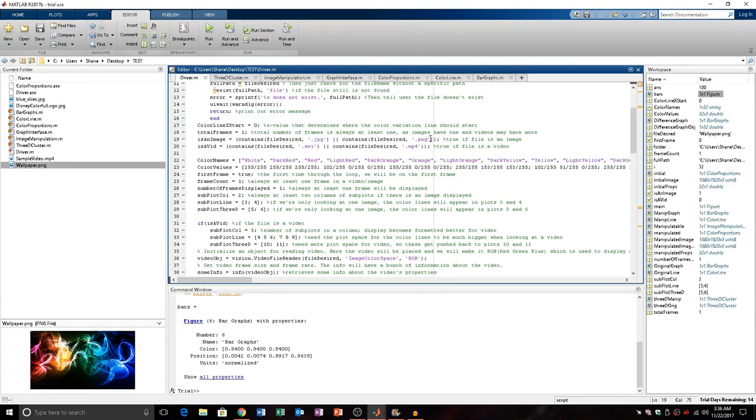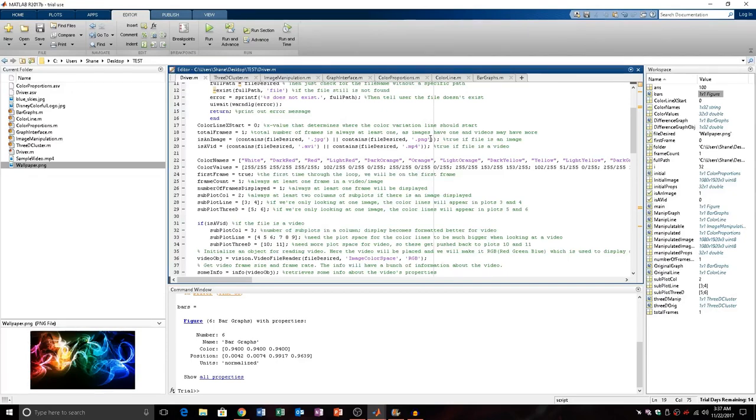I've looked at the .tiff files, and a while ago I actually got them working, like last week, but then the PNG and the JPEG files stopped working, and to get all three of them to work would just be a lot of if statements and a lot of hair pulling. So I think it's worth it to just stick with the JPEG and PNG anyway, because it's easier to